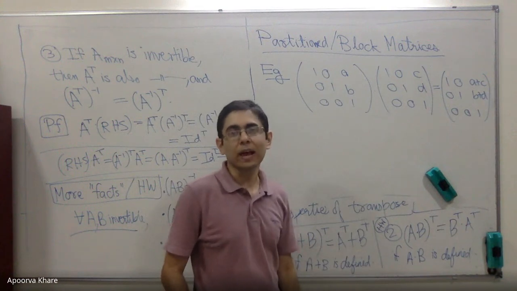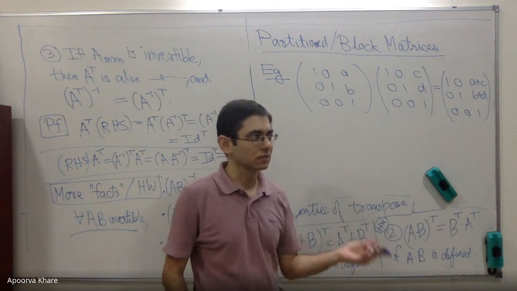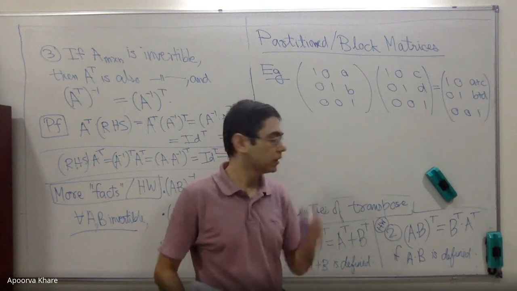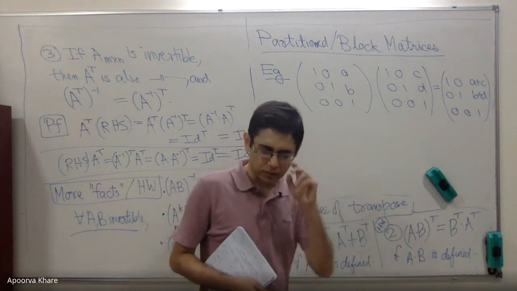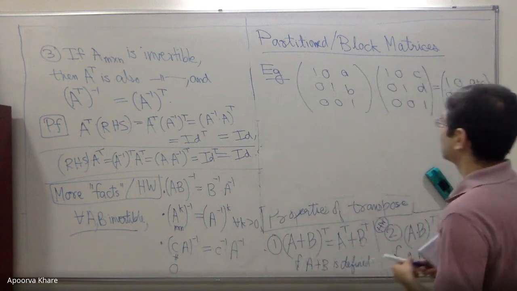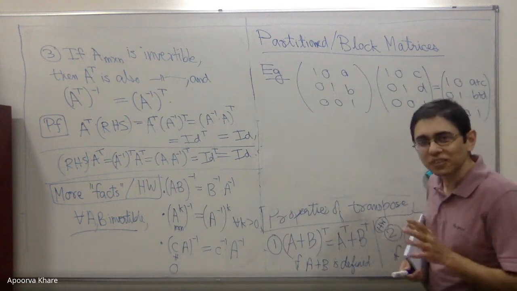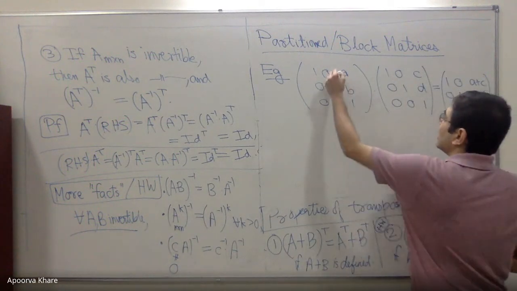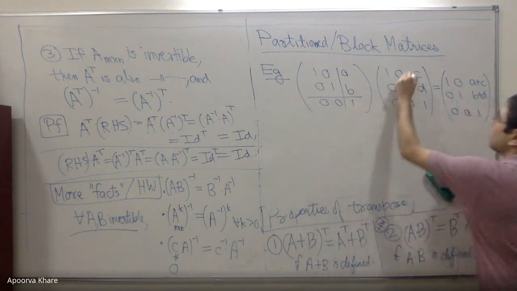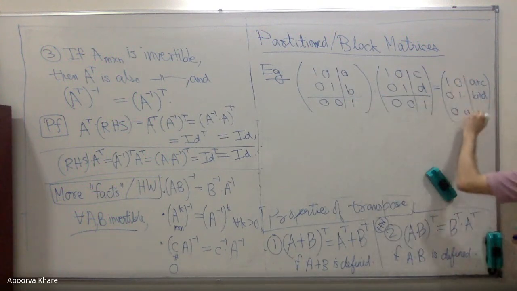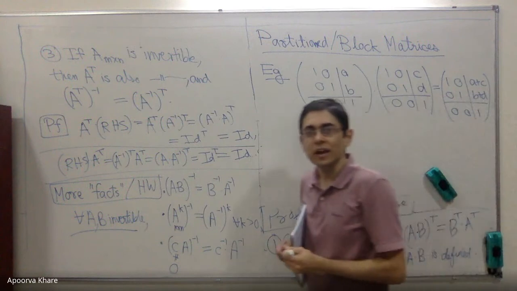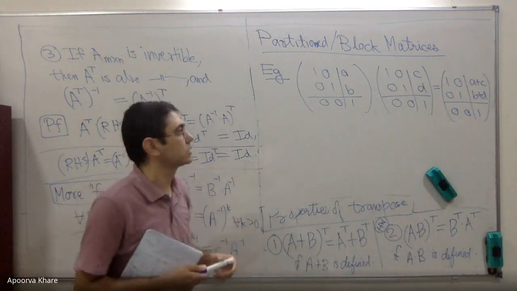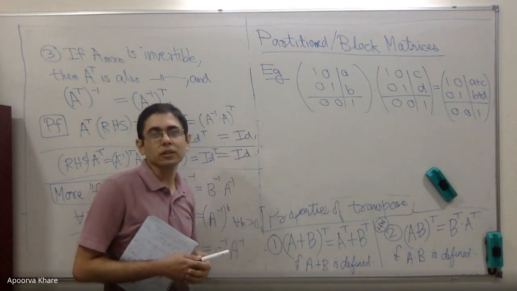I just need to remember that the identity matrix is called the identity for that reason. Identity times anything is that thing. Okay? So how did I do this? The idea is you think of these matrices also in some sense as 2 by 2 matrices, but where the entries are not quite scalars. The entries can be vectors or even matrices. I think of these in this partition.